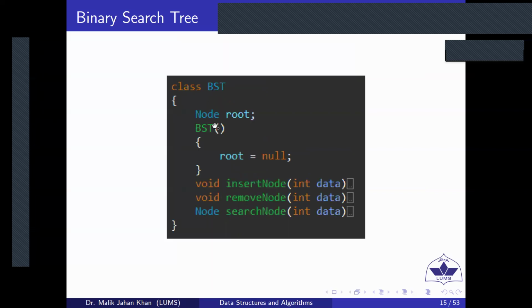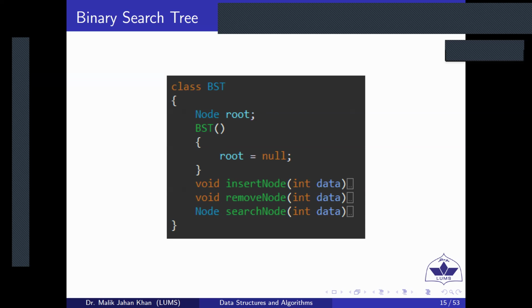The class binary search tree will look like this: it will have a root node, which is again in skeleton form. It is very similar to what we saw in a binary tree. On top of these three things, we might have to implement those traversal techniques inside the same class as well. So there is a root reference, which is going to control the